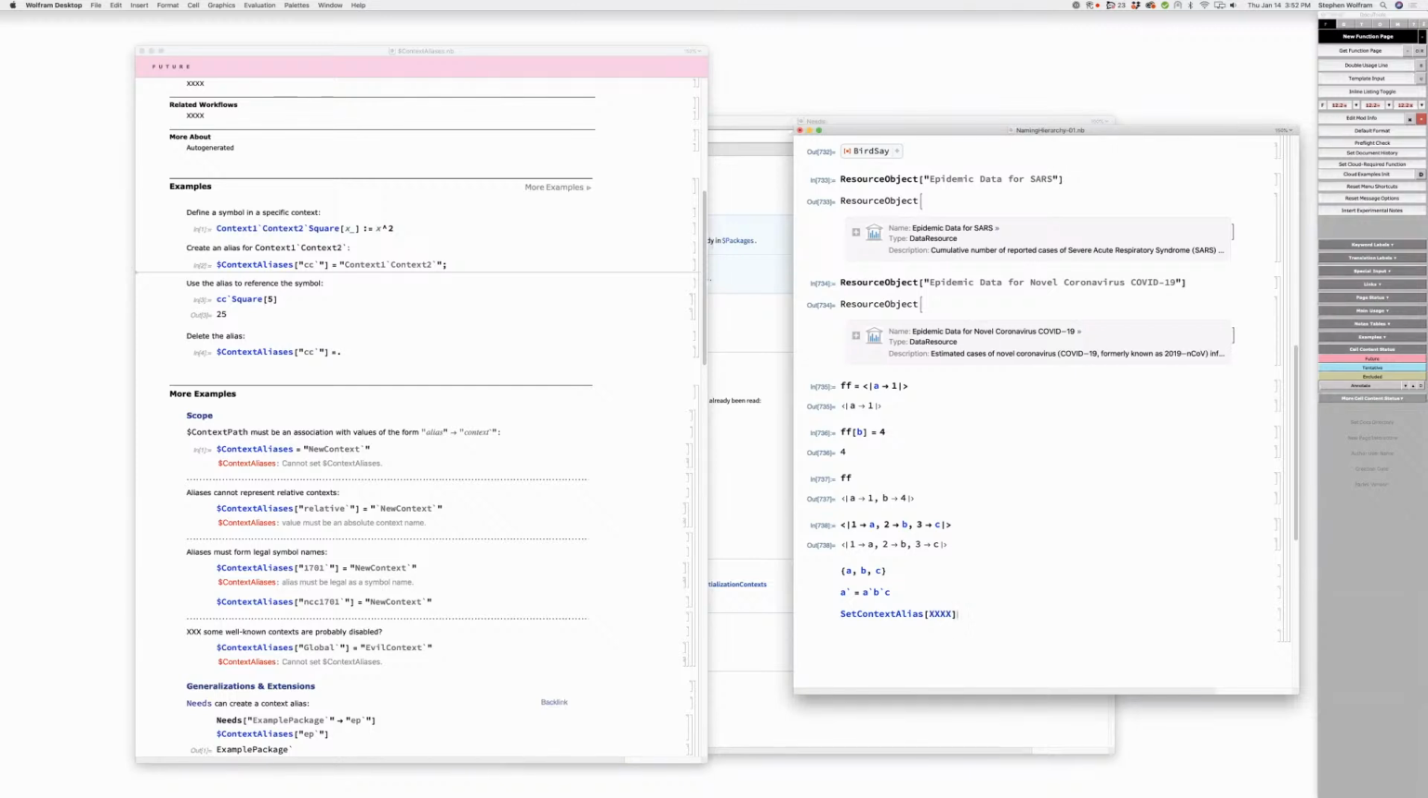And of course you're right there at the bottom. You're seeing the needs example, which we've already discussed. By